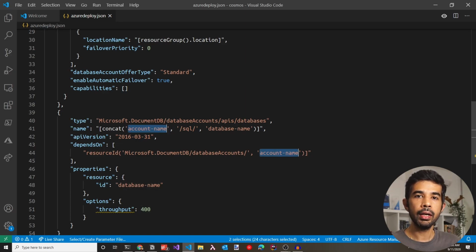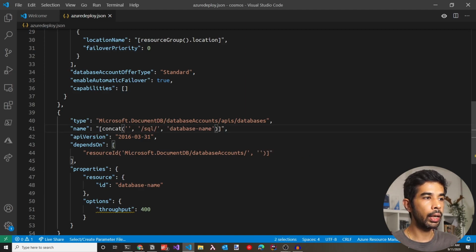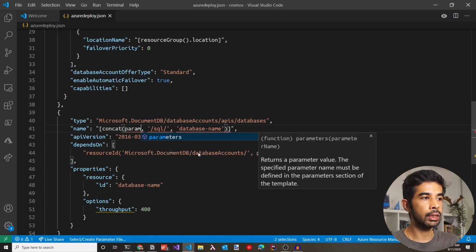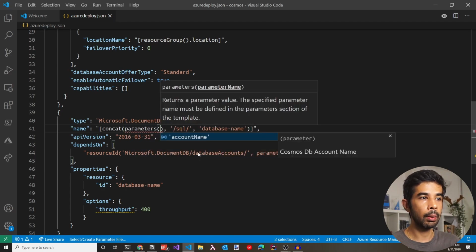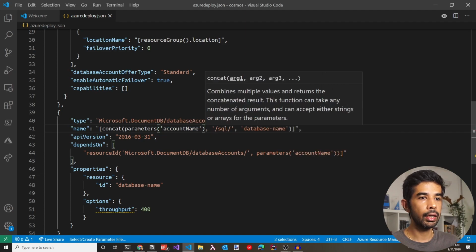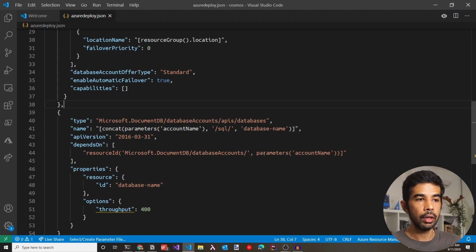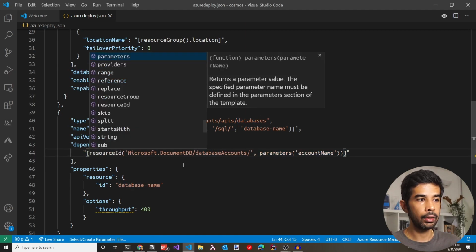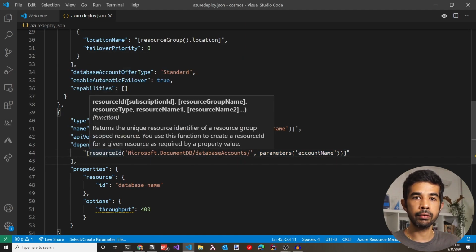We need to specify the account name again because that's where we're going to create this database under. So let's delete the account name and use that from the parameters functions. Note here I'm using the multiple edit feature. So let's specify account name in this case. Here you can notice that the depends on is also mentioning a resource ID. This indicates that this current resource, which is the database, depends on the account to be created. Here it's missing a square bracket, so let's add that and make sure this is again used as a function.